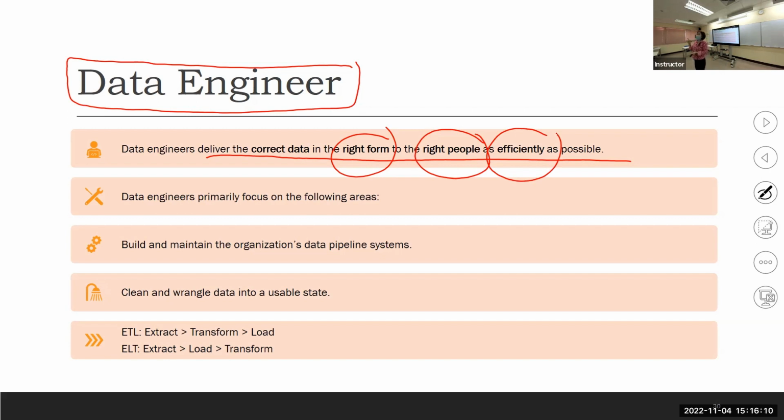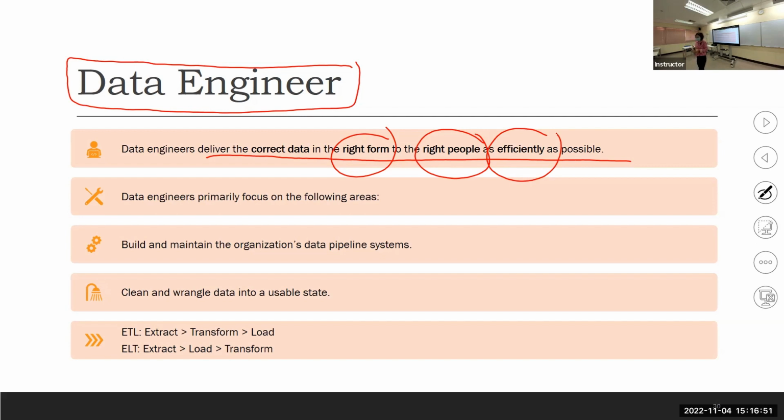for what? For users. And there are many types of users. The user could be a developer who needs to access a database for some application development, right? They may need data in a certain form, stored in a certain technology. There may be data scientists and machine learning engineers who want to use data to build models. They are also users of the data, and data engineers also need to make the data available for machine learning